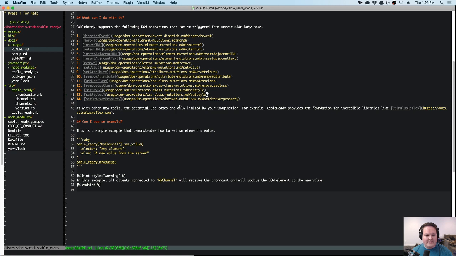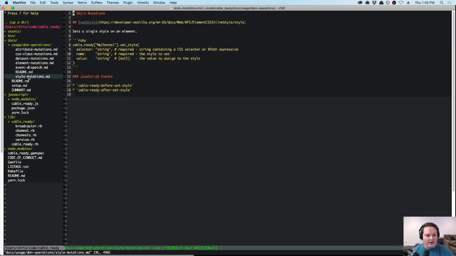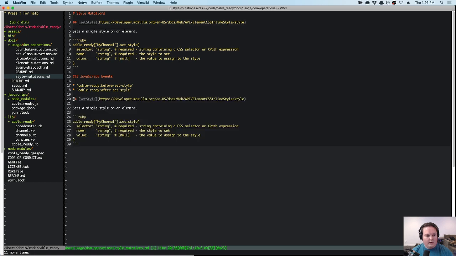We don't have set styles there, and we would want to go through the usage, style and mutations, and add an item for set styles,